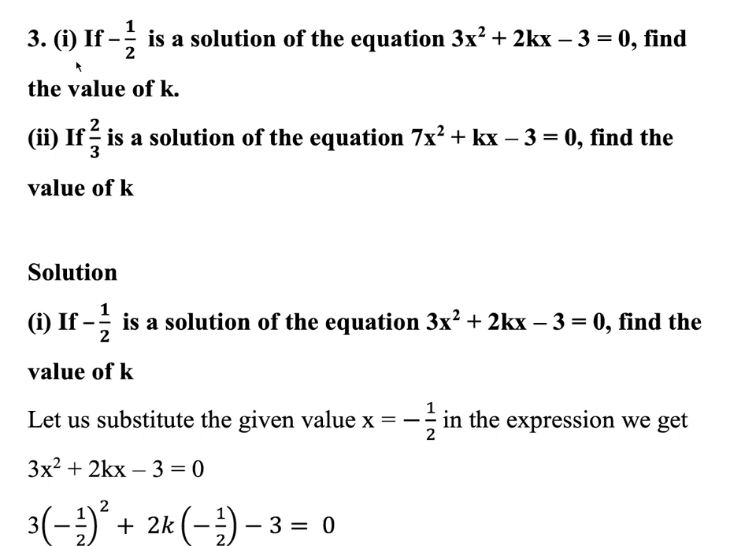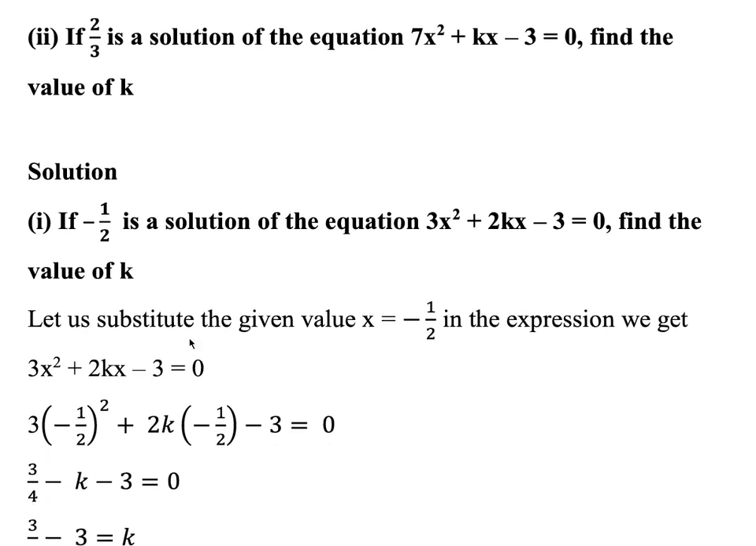Come to the next question, that is if minus 1 by 2 is a solution of equation 3x square plus 2kx minus 3 is equal to 0, find the value of the k. So what we have to do, let us substitute the value of the x, that is minus 1 by 2, in the